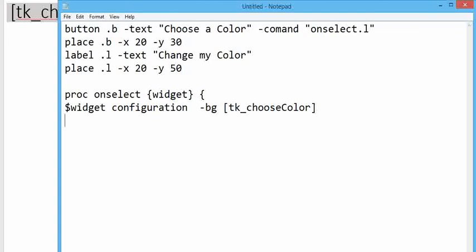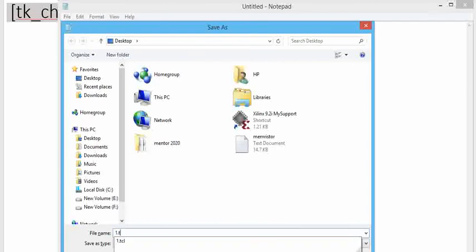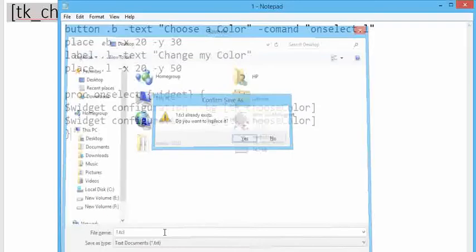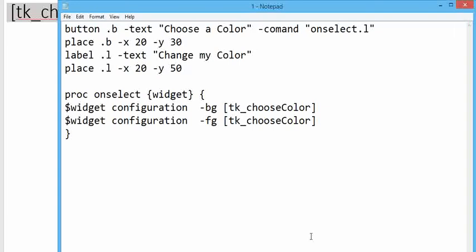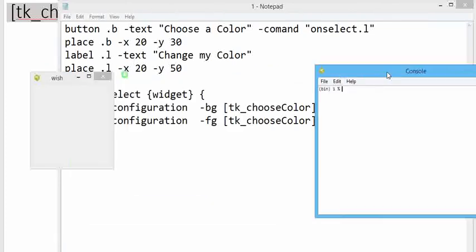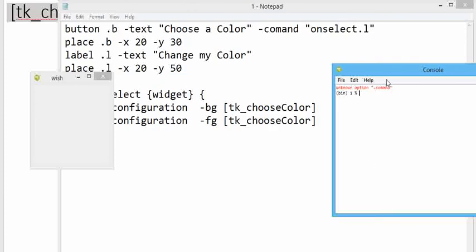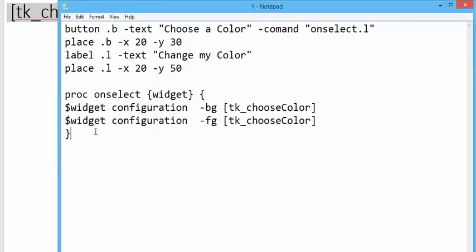So this particular command has been applied to the background of this particular widget. Similarly, I can use this particular Tk command to change the foreground. For the foreground, simply I need to change it to fg. Now close this procedure. Let me save it with some name, dot one dot tcl. Now after that I am going to invoke the wish compiler. Wish. Now over this wish, if I add source one dot tcl, it gives unknown option minus command. Let me check the spelling of command. Yes, minus co double m.